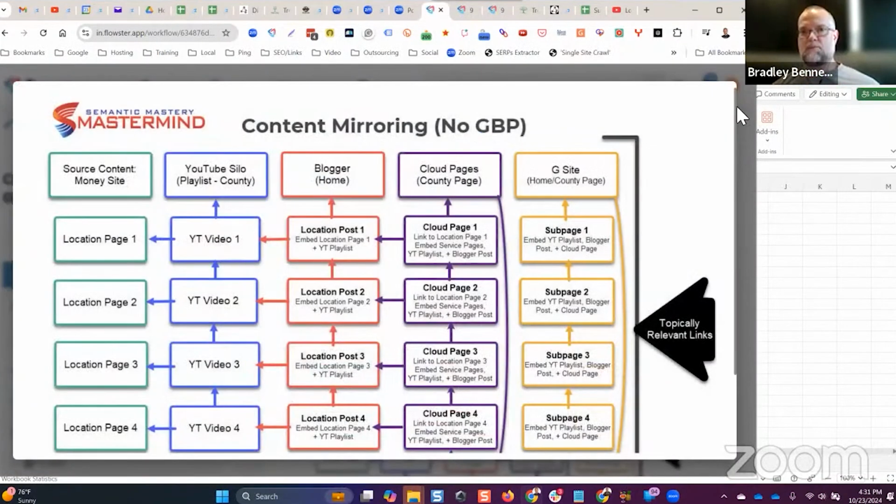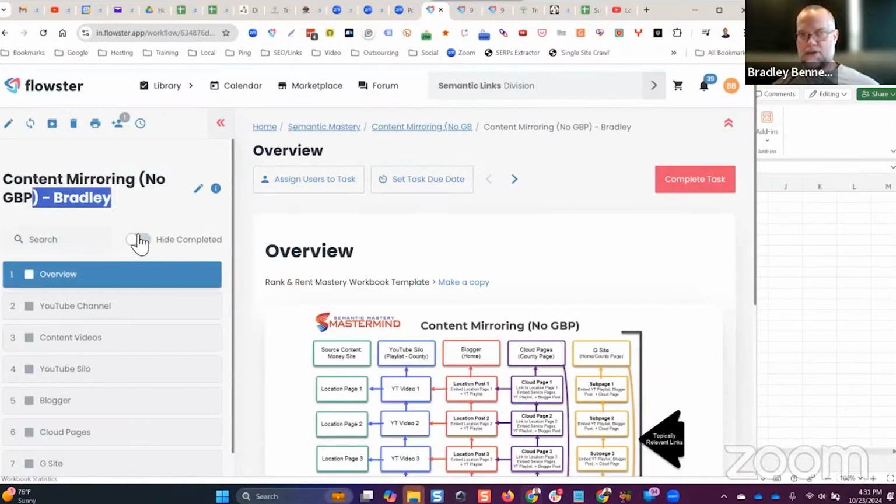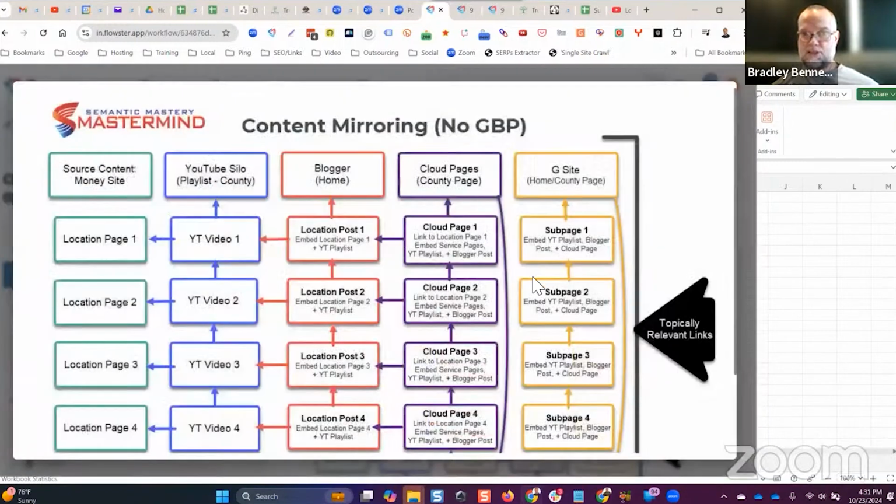This is one of the SOPs that I created called the content mirroring method. Some of the assets that you just saw for the Louisville Felling project were because of this. This is the SOP I created for that. But here's an example of a stack. This is what I call a content mirroring structure, which is nothing other than an iframe stack. Okay. And this is showing that we take the money site page of a site and we